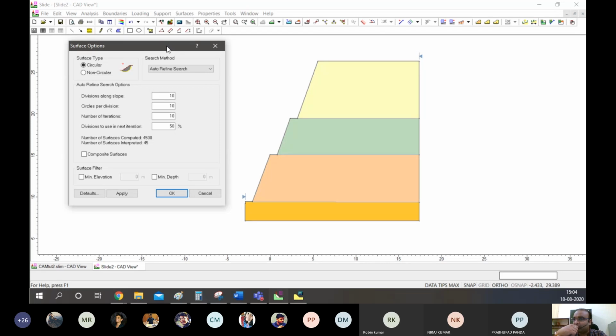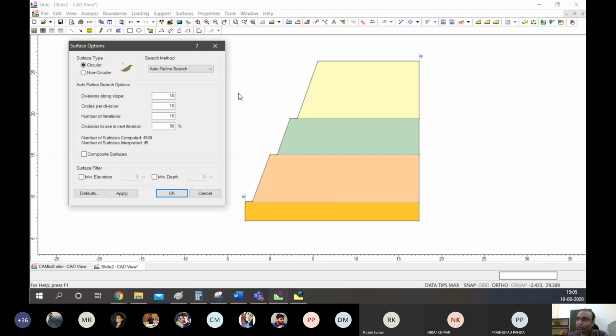Instead, it tries to find possible centers that will have lower factor of safety based on the results it obtained in the last iteration. Suppose it started with this zone, and in this zone it created like 10 or 15 centers, and found these are the circles and this is the factor of safety.